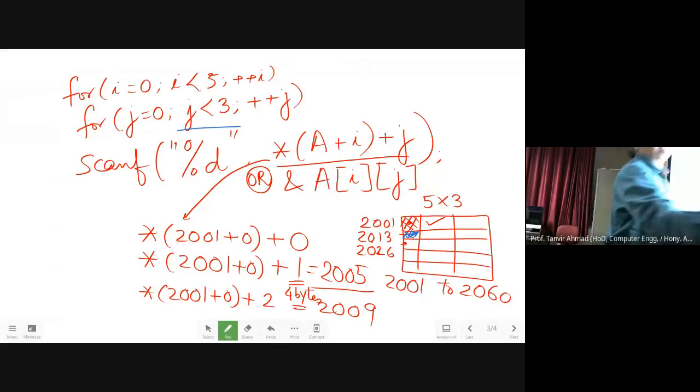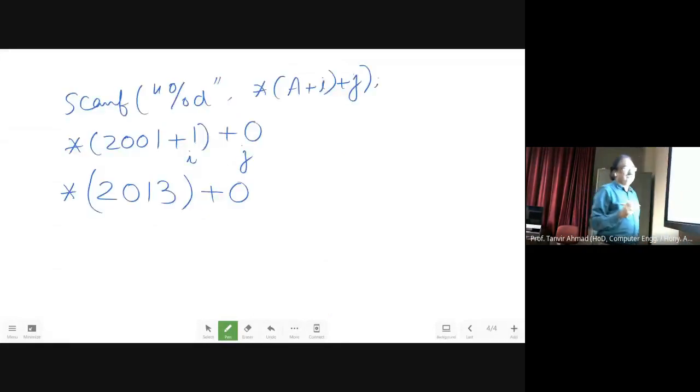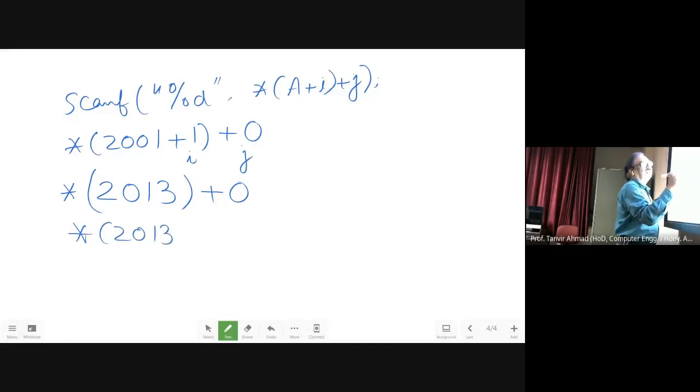Similarly, in the next iteration, this will become star 2013 plus 1.